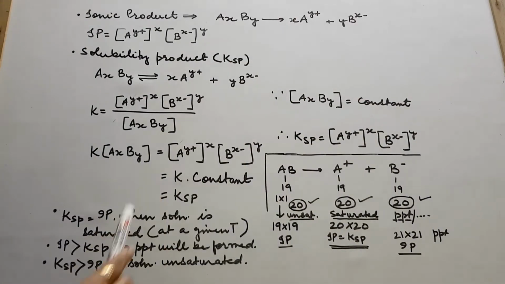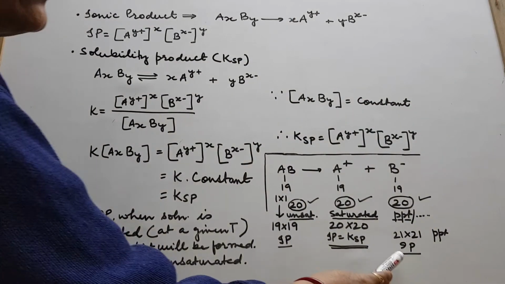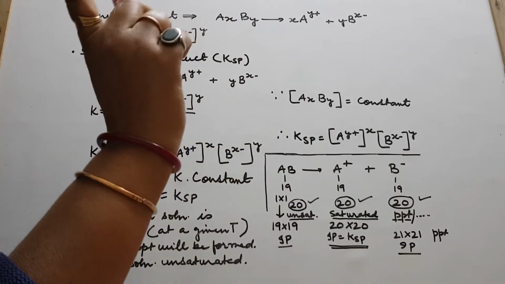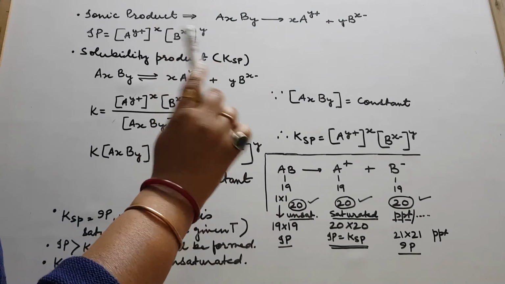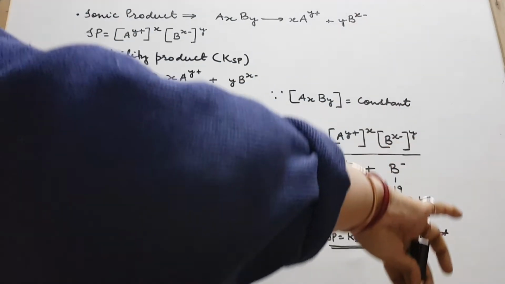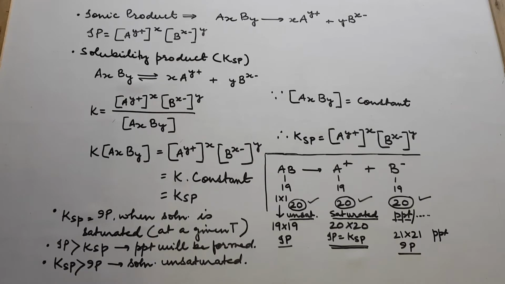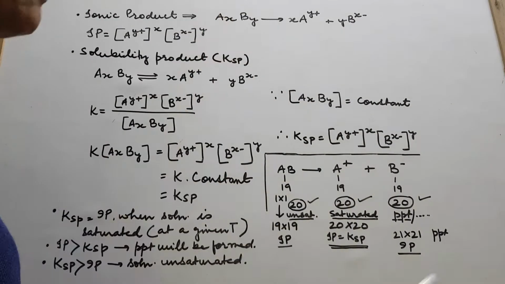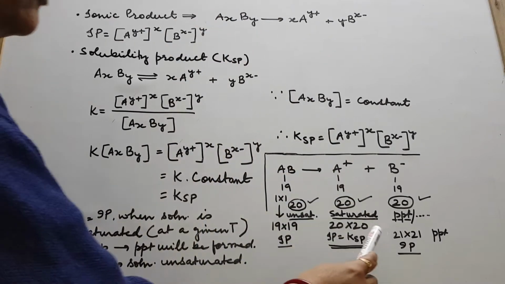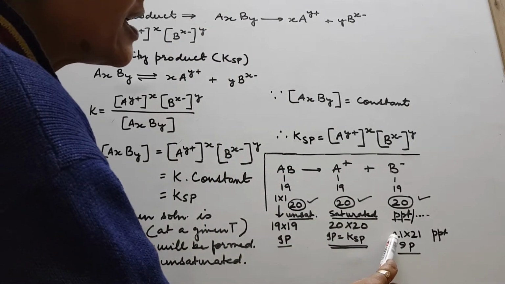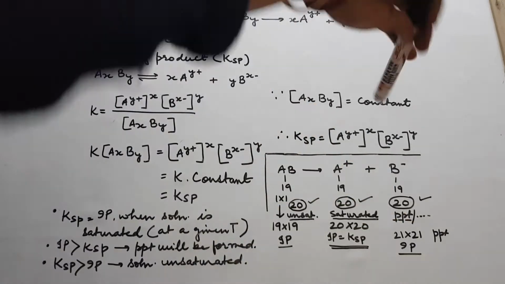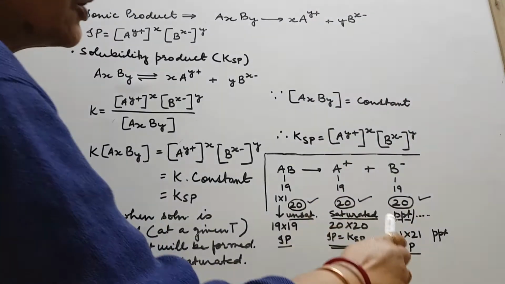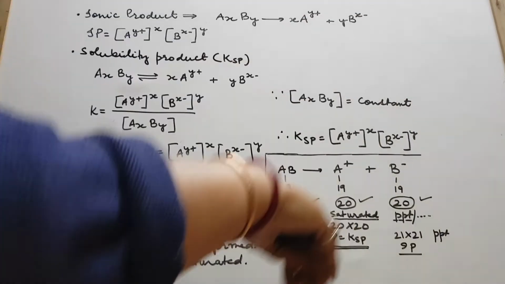So at that point of time, what is your IP? 21 into 21. You will not say 1 into 1, because you have put the 21st mole, and with that 21st mole, it settled down. You cannot count it as 1 or 2. But you found something solid at the bottom, and that happened when the 21st mole was put in. For the 22nd, furthermore, you will see more solid. For the 23rd, 23 into 23 will be furthermore.